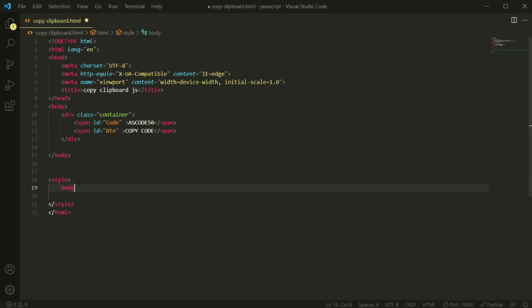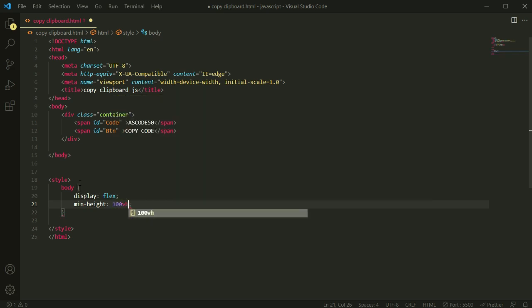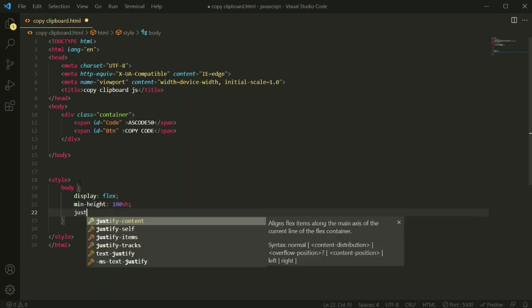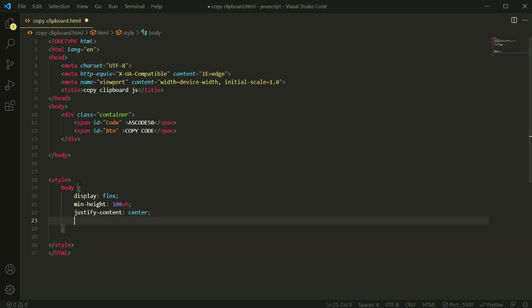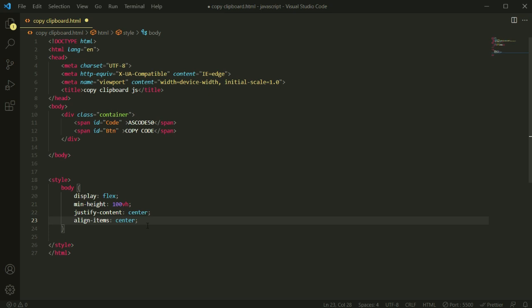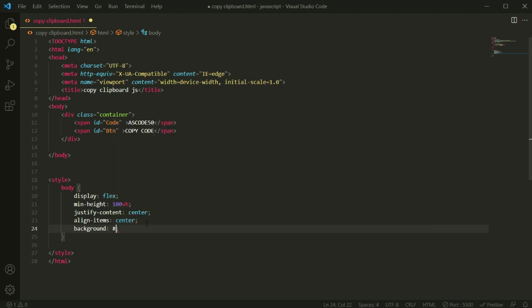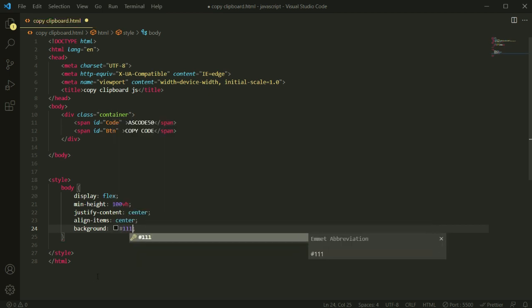Let's open the body here and add some CSS: display flex, min-height 100vh, justify-content center, and align-items center. And here I'm going to add a background, that is black color. Okay.